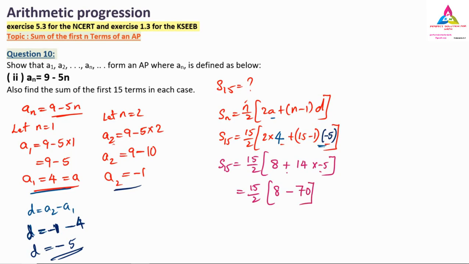Sometimes we will not see this negative symbol and directly we will write down the 70 as the answer, then we will add that. So don't do that, just see that negative symbol also, very important. So 15 by 2 as it is we have to write. Now we have to do the next calculation. Into the bracket, minus into. So the next calculation is very important.